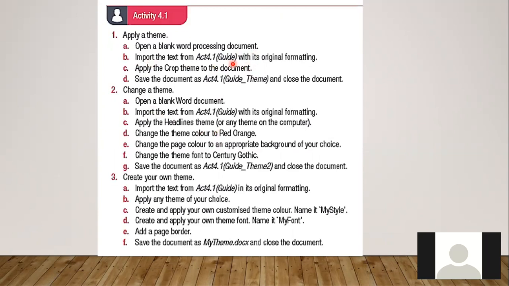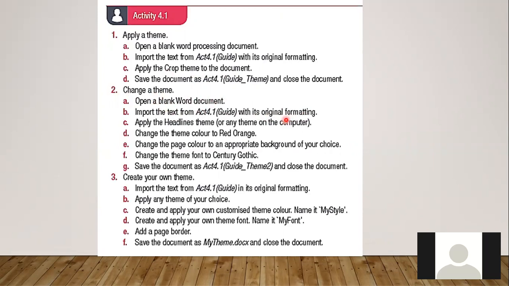A quick way is Control A to select all, then Control C. Apply the crop theme to your document so that it fits in properly, and then you're going to save it as Guide Theme. Then for question 2, open a blank Word document, import the text file